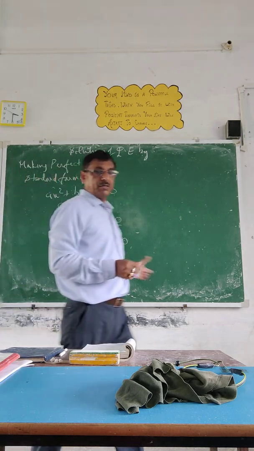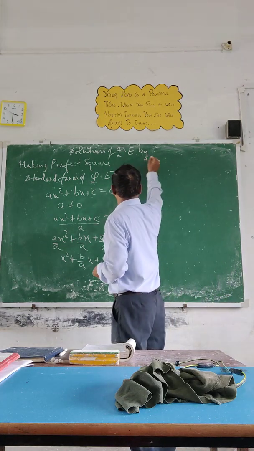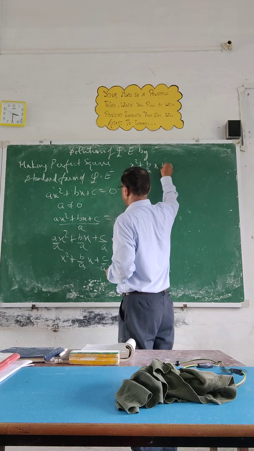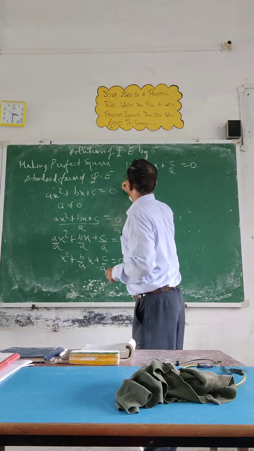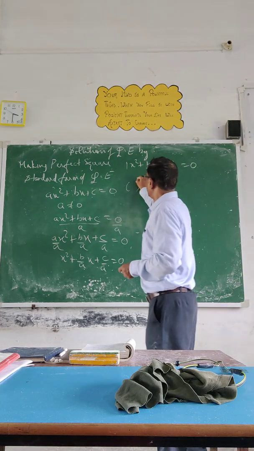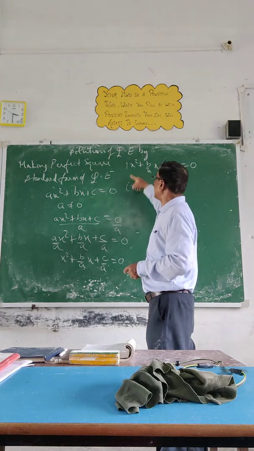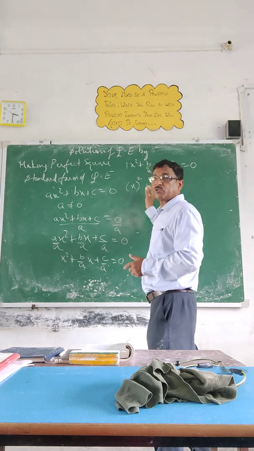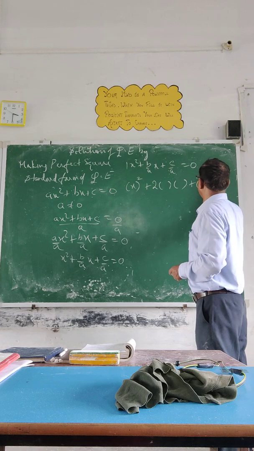Now we have to make this equation into perfect square form. See how. So write it again: x square plus b upon a x plus c upon a equal to 0. Now its coefficient is 1. First you write its square root in this bracket because we are putting the square. The square root of x square is x. If you square it, you will again get the same one. Now try to make it a perfect square. How? a square plus 2ab plus b square.